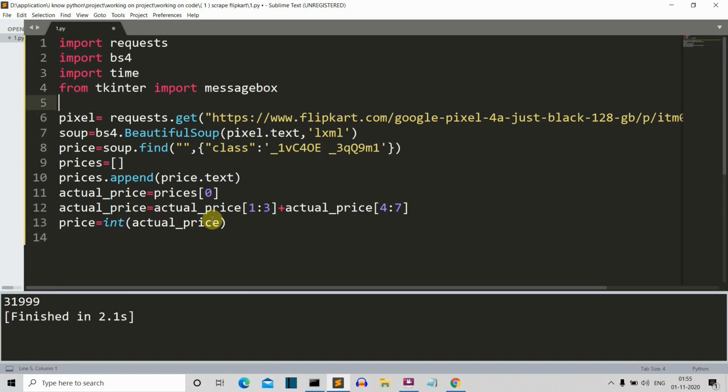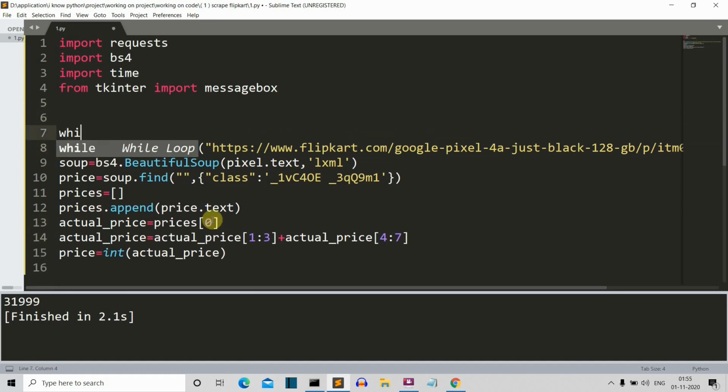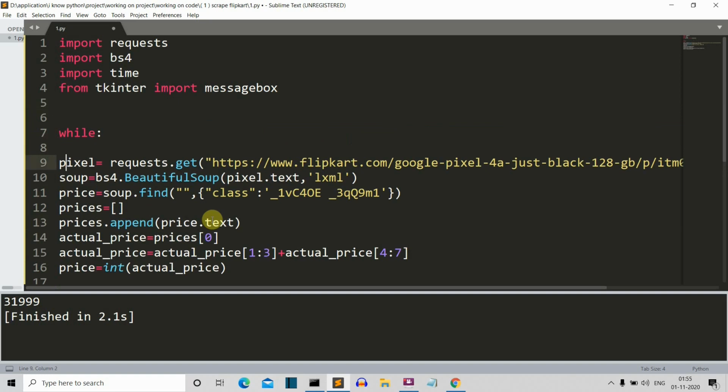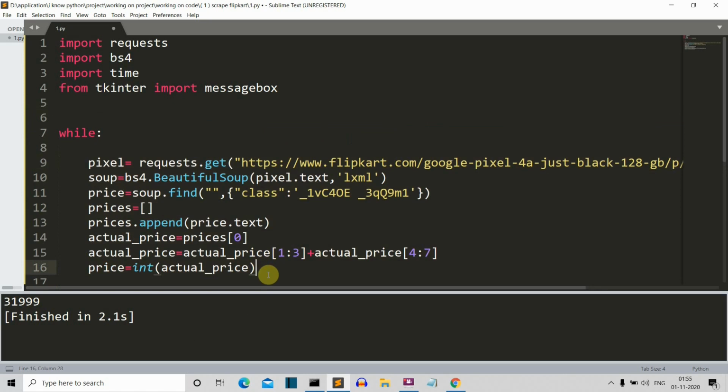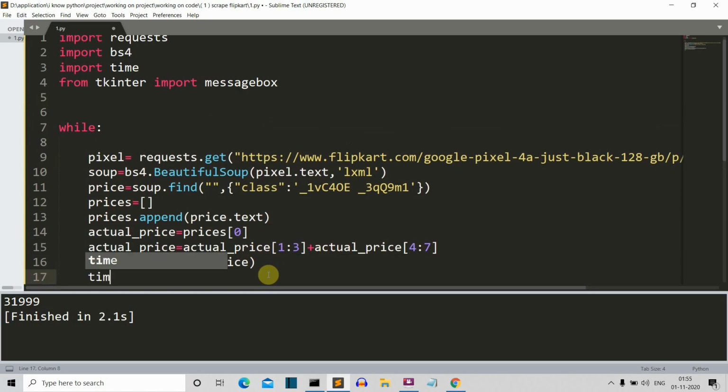Now let's create the infinite loop so that we can extract the values infinitely, and I'll use the tab so that we can indent all the values. Now I have indented all the lines. We'll use time.sleep to take a halt in this infinite loop, otherwise it will go like 1,000 times in 1 second, which is not the ideal way.